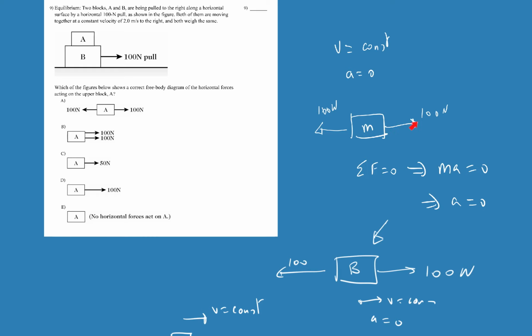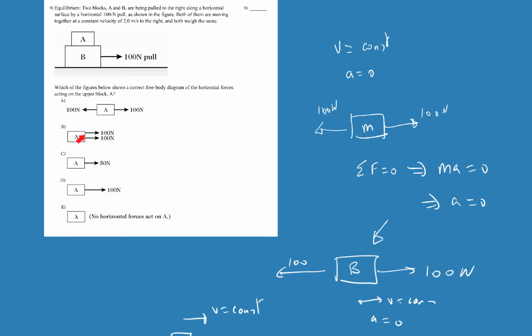If I only have this force, I will have acceleration. The only way not to have acceleration is to have another force in the opposite direction that is in equilibrium. That's why they say equilibrium. It's the sum of the forces is zero. If the sum of the forces is zero, the acceleration is zero. So the correct answer is A, where you can see 100 newtons to the right, 100 newtons to the